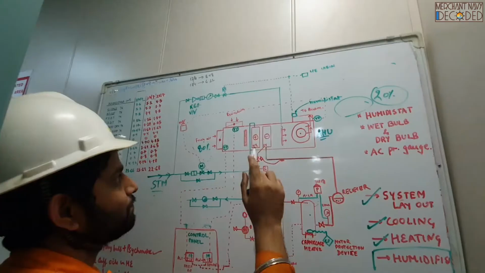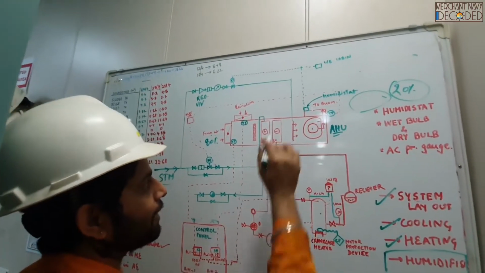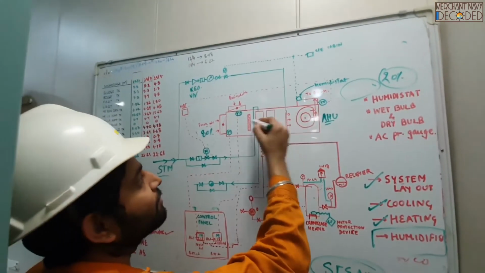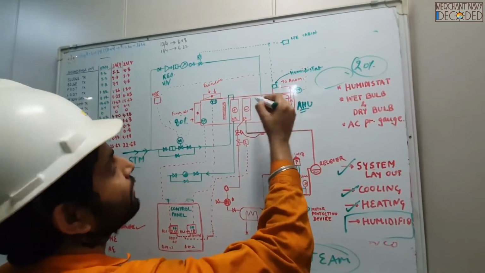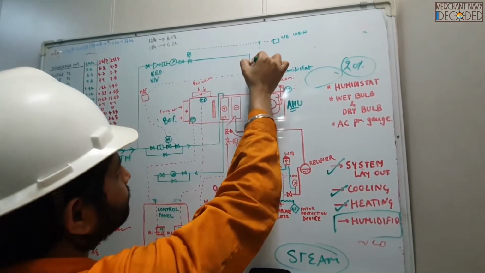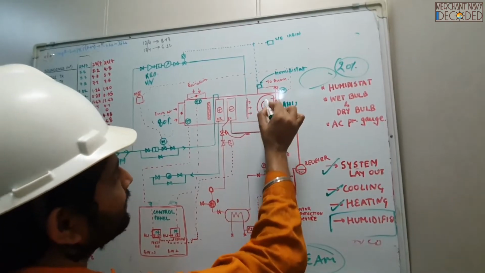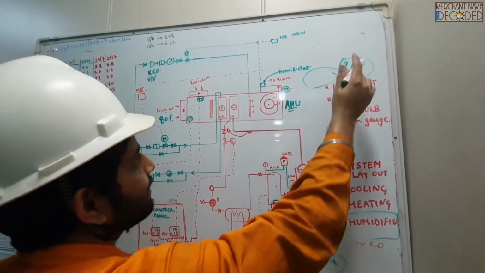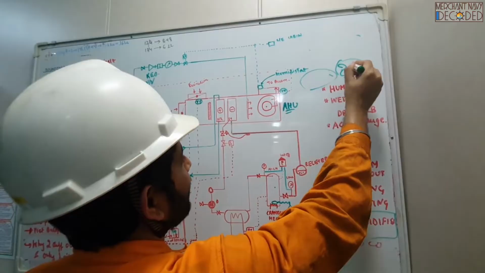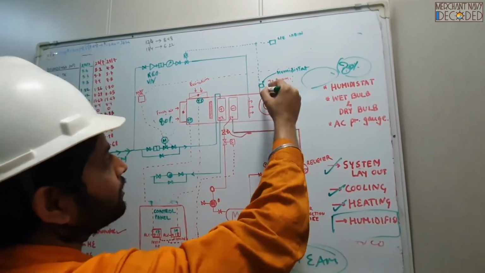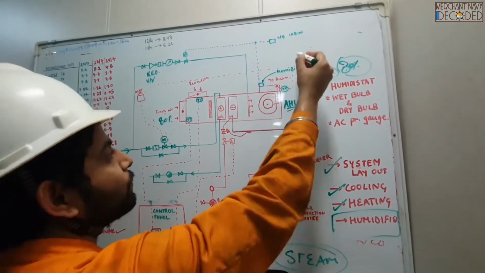Very limited steam. And this steam is not going to return back. This steam is going to go along with the air into the accommodation. So this steam is coming over here and along with the air which is coming over here, it goes along with that. And that is how my relative humidity increases to 80% or 70% over here, because the moisture of this steam is coming along with the air into the accommodation.